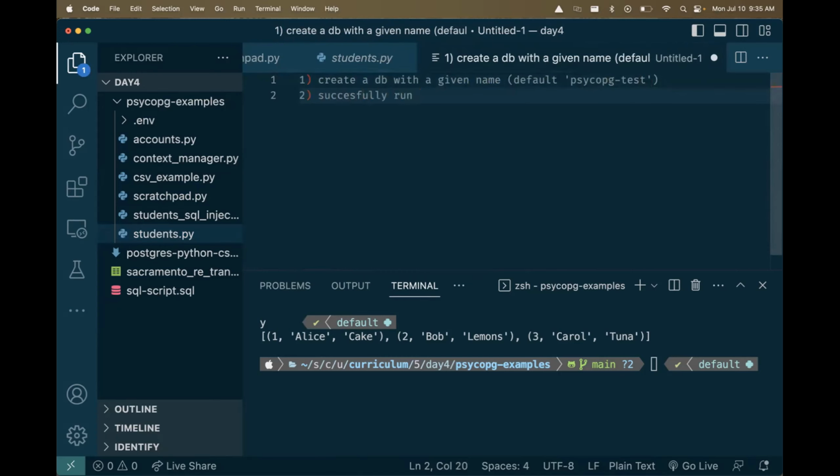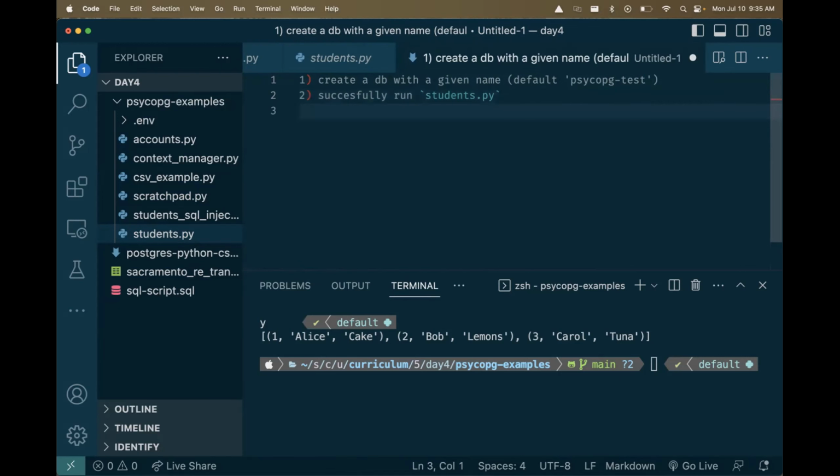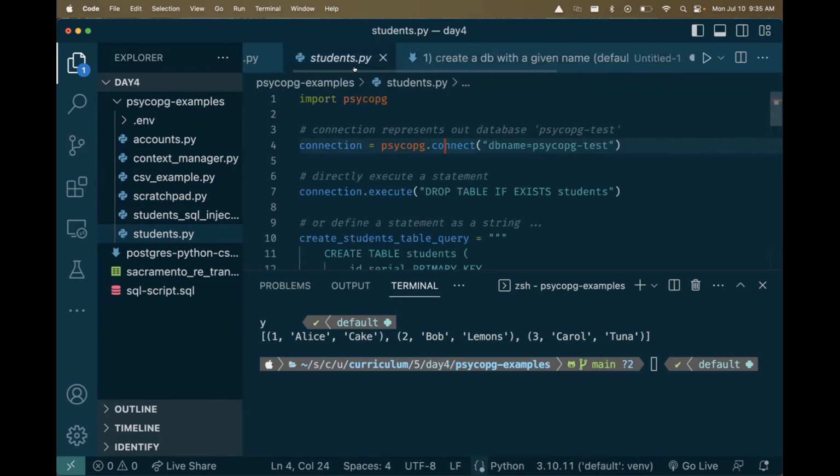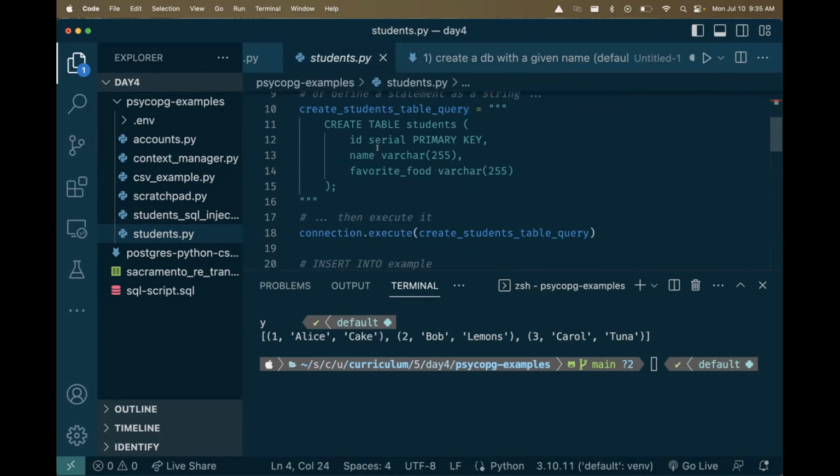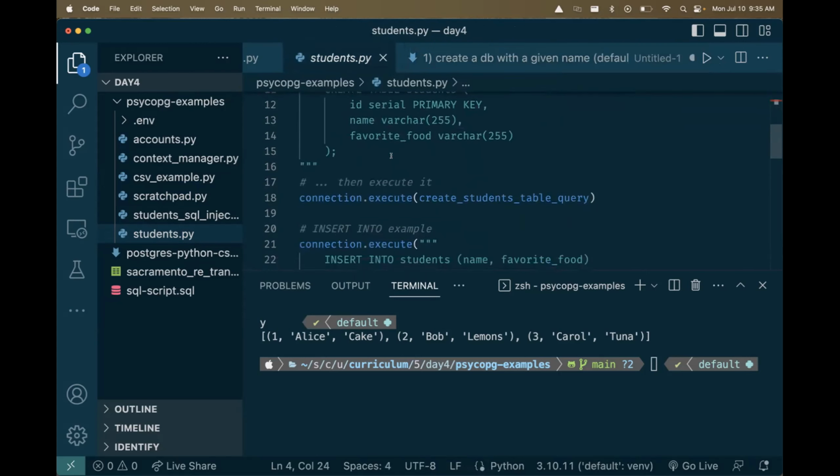And then two, successfully run students.py, which might mean you also need to get your, if you're having trouble just installing scicopg, which it looked like some people had, that's where you would get to this issue. After successfully installing it, I'll say the next thing you're going to want to do is